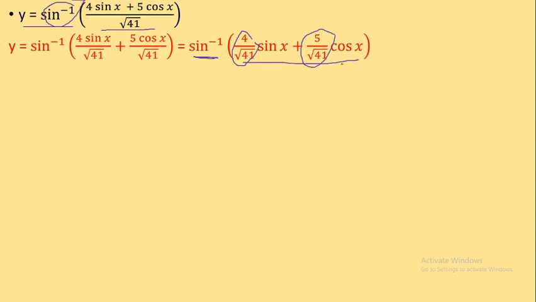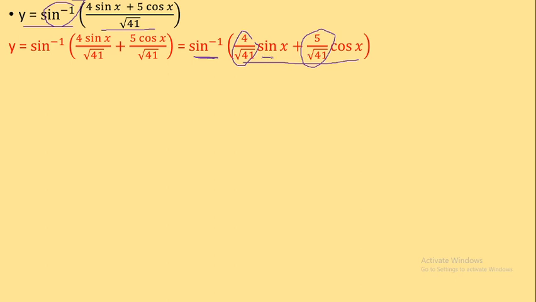Sin A plus B or sin A minus B. But as it is plus here, I have to make the sin A plus B formula inside. As I have sin here, I have to make this as cos, and as I have cos here, I have to make sin. That was the trick which I said: for sin A plus B, in the first term you have both sin and cos, and in the second term you have sin and cos.